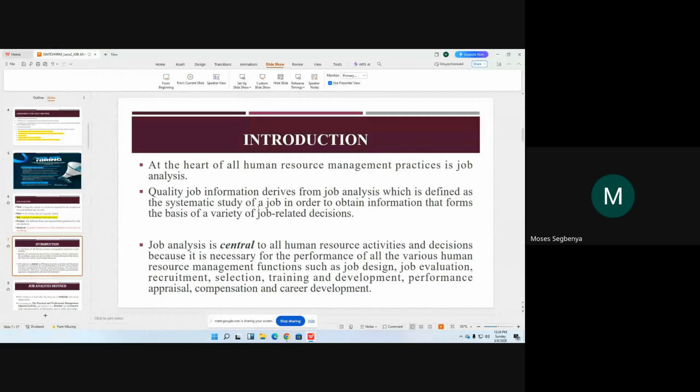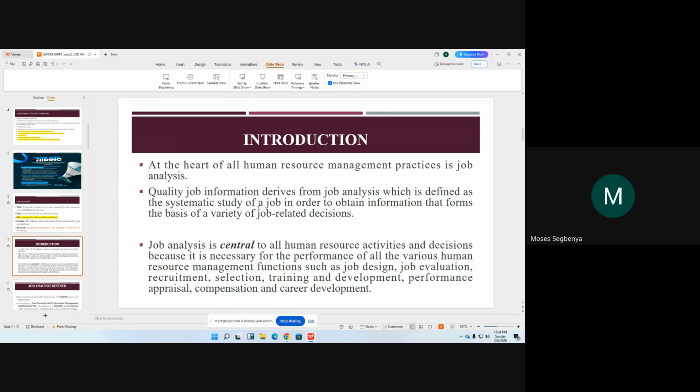So you cannot say you want to marry without being prepared. So if you want to go out there and advertise, are you prepared? If you are prepared, it means you might have done job analysis. So at the heart of these HR functions is this human resource